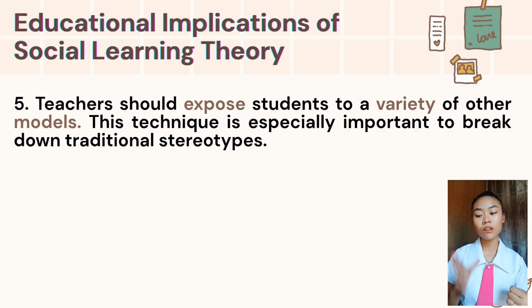So, overall, social learning theory implies that students learn not only through the teaching of the teacher but also by observing and imitating what others do, and practicing it, not just observing but also doing it themselves.